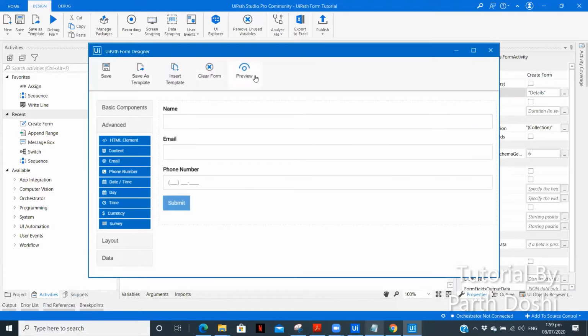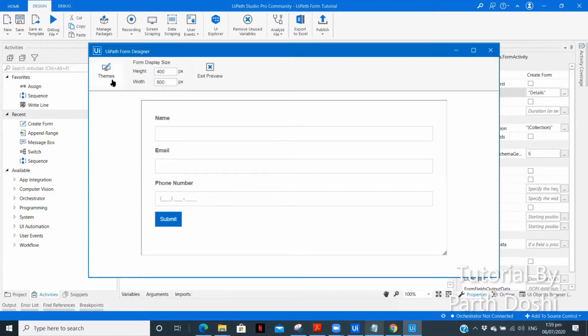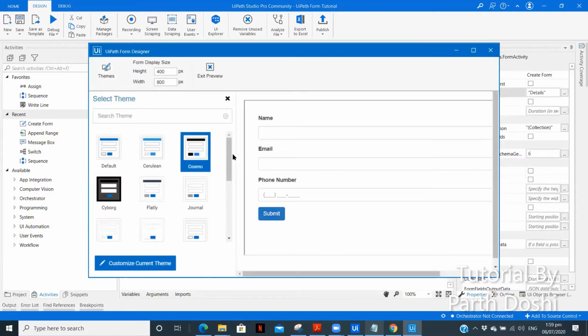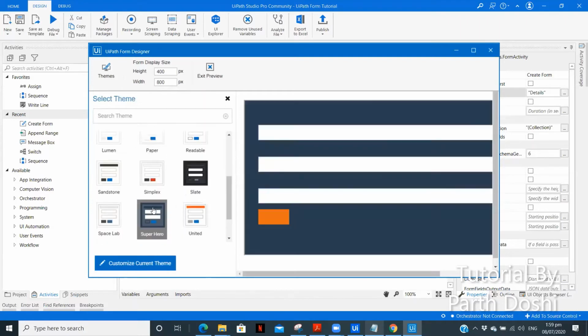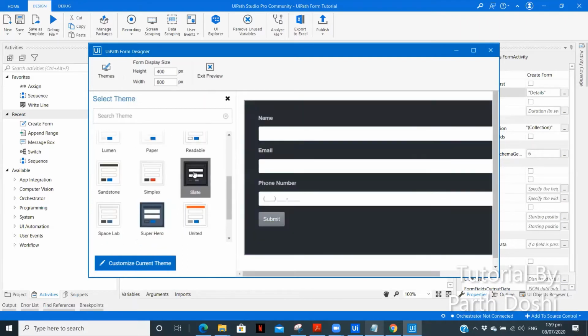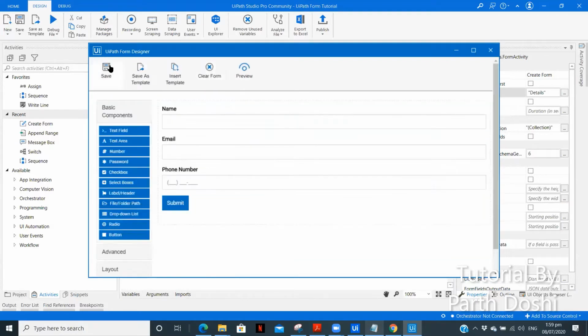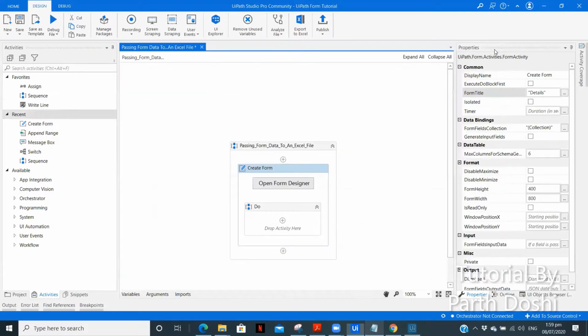And let us change the theme. Let's go with this one. Okay, cross, exit preview, and save. So here we have simply created a form with only three fields: name, email, and phone number. Let's close the form, save and close.